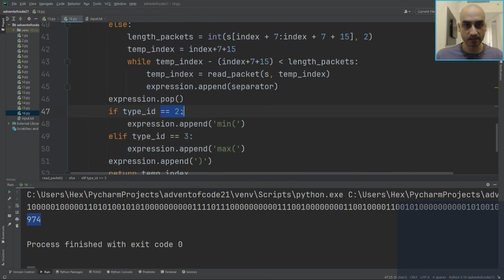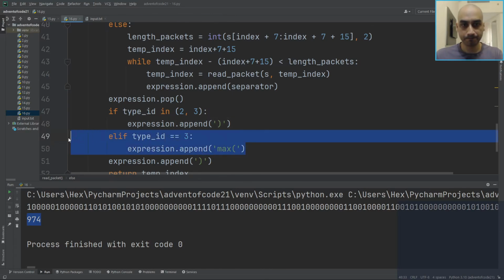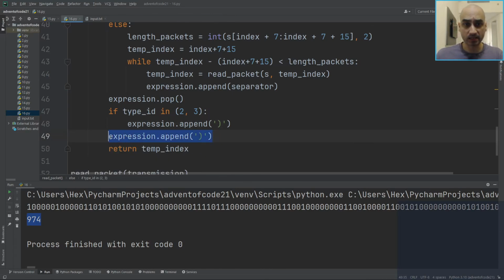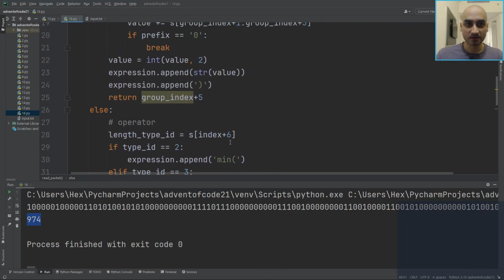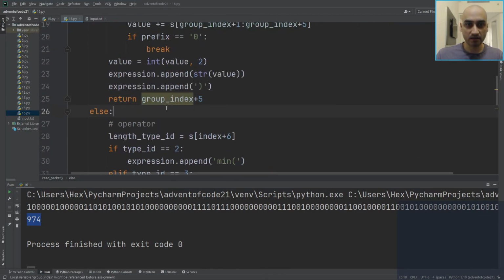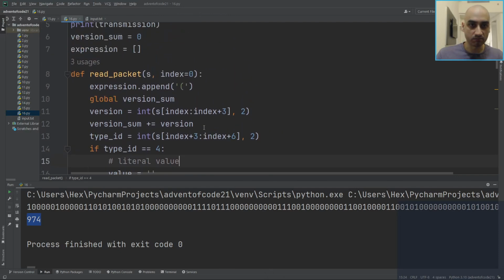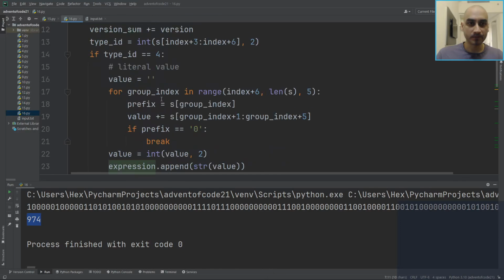If type ID in 2, 3, expression.add that, and then we add the final close brackets. Okay. In a way, I'm starting to think this might have even been more complicated than just actually doing it without eval. Anyway,